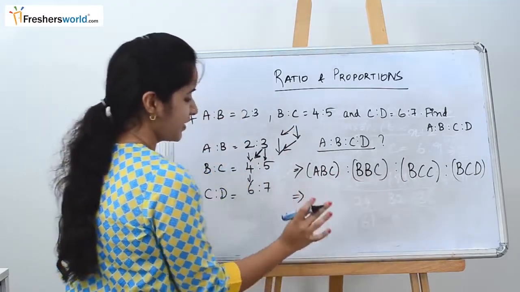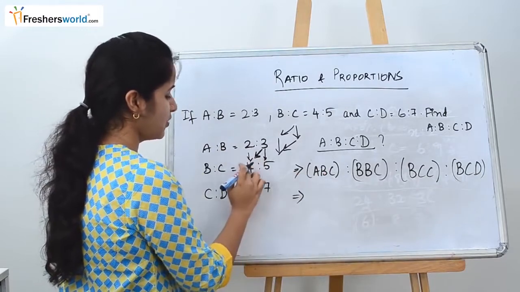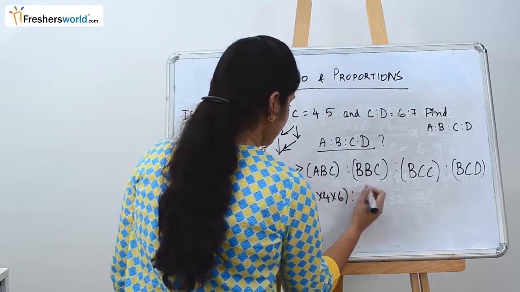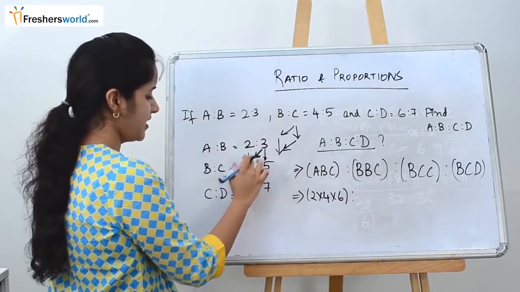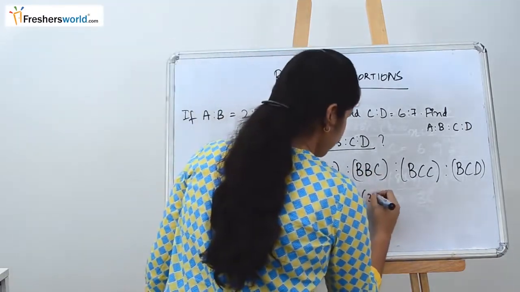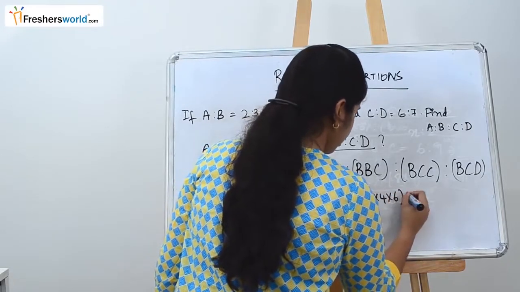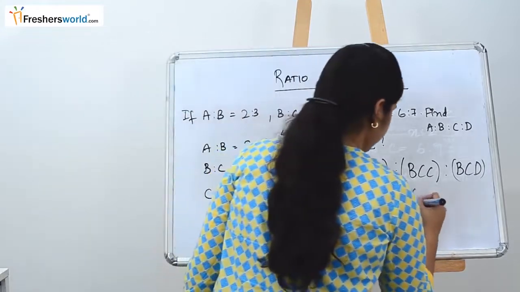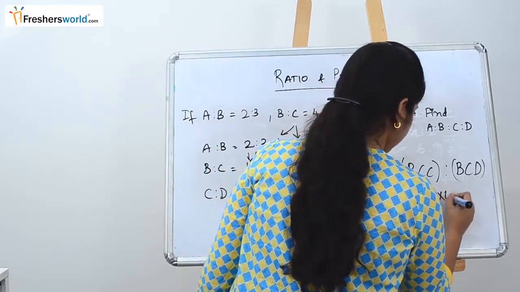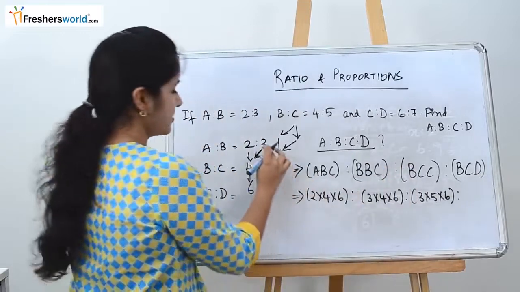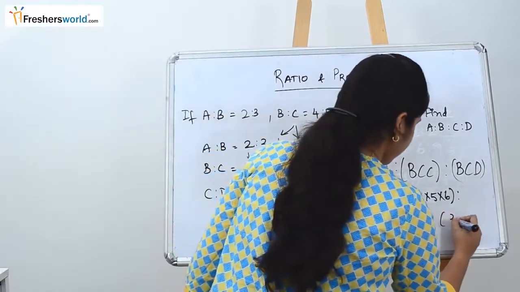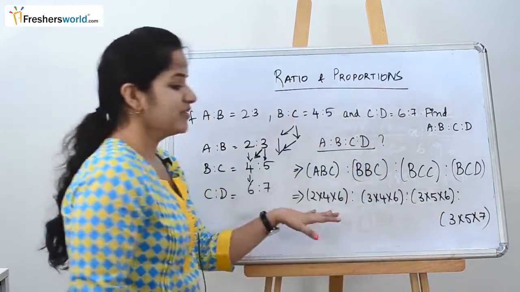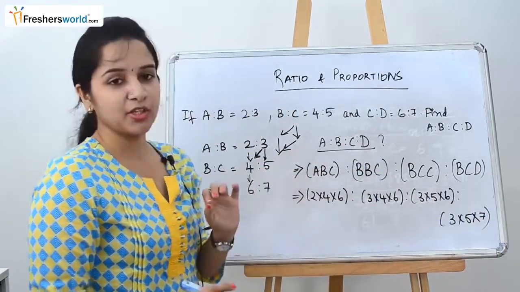So now let's start doing the question. For a, b, c, it's 2 into 4 into 6. For b, b, c, it's nothing but 3 into 4 into 6. For b, c, c, it's 3 into 5 into 6. And for b, c, d, it's nothing but 3 into 5 into 7. So once you solve this, you will know the value of a is to b is to